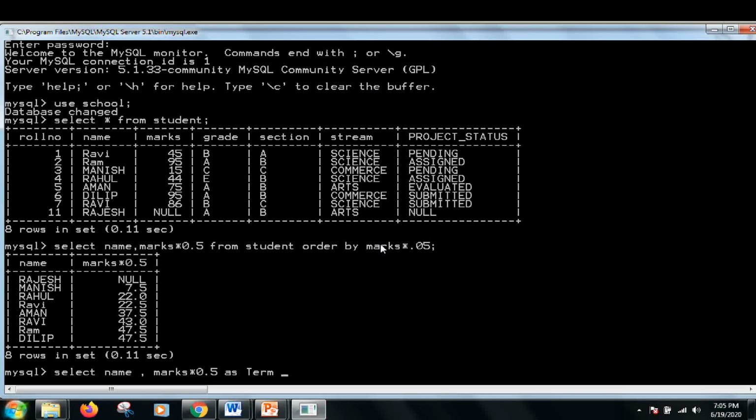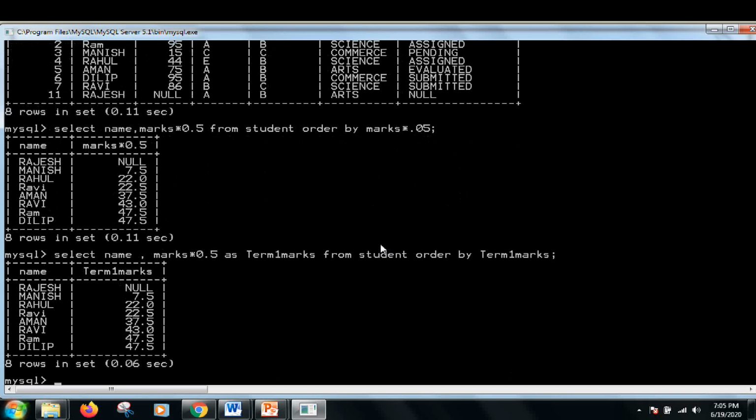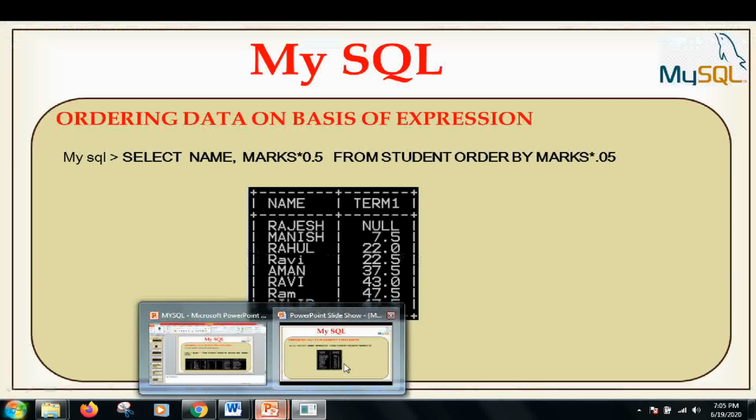Suppose I want to give this as term 1 marks, from student order by term 1 marks. So it will be ordering the marks on the basis of the term 1 marks column alias. The thing is that we can include the column aliases in the table also.